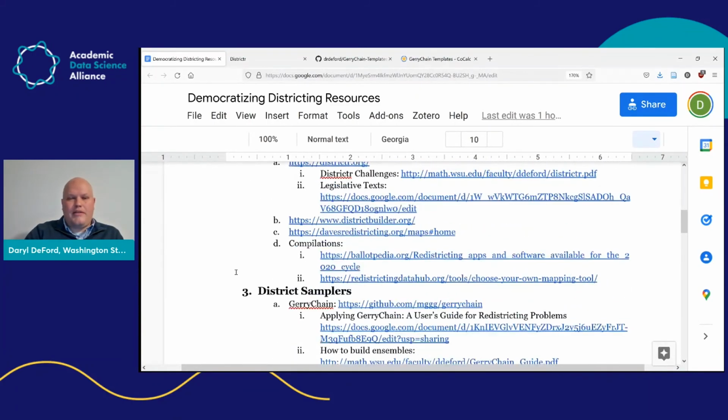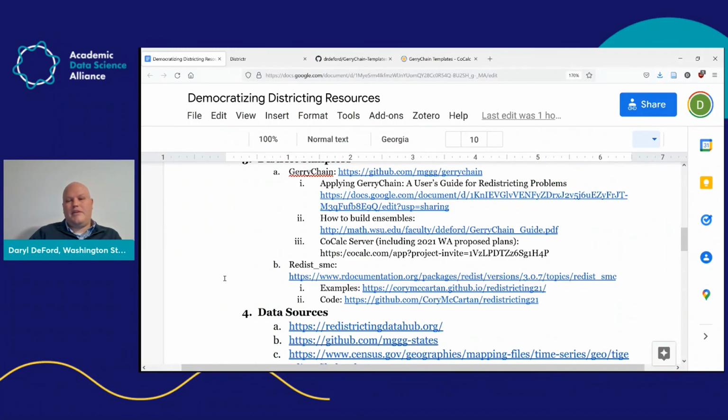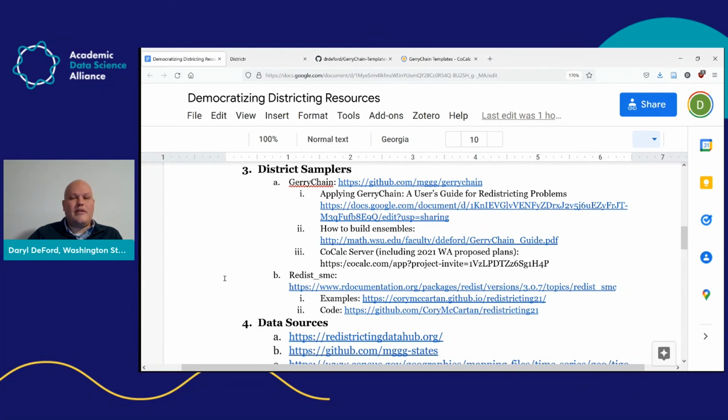And then I just want to wrap up by talking a little bit about the software for generating new districting plans, or these large collections of districting plans under the ensemble method. So to start with, there's a bunch of publicly available data for all the states in the country, either from the census directly, or from the MGGG States GitHub repository again, or from the Redistricting Data Hub, all of which provide different levels of checking on their data evaluation and pulling it all together. And then for these analyses that I mentioned, which take this perspective of trying to create a large collection, an ensemble of districting plans that satisfy some version of the state's rules,